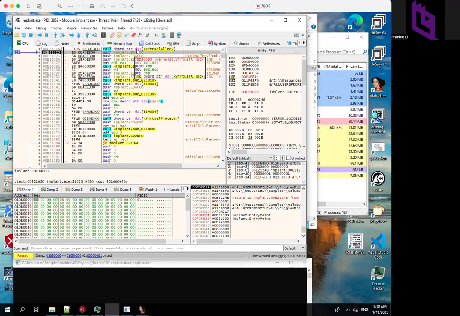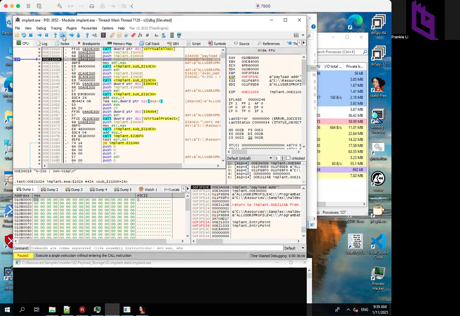Instead, it just calls a data segment. You still remember that in the data segment, the segment index is called the location right here. So you will see that if we step over item by item,